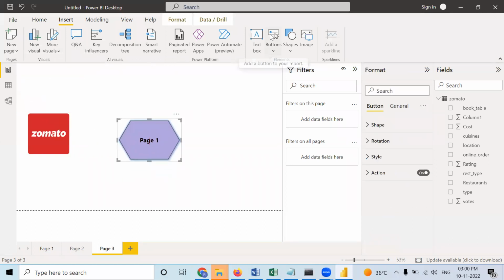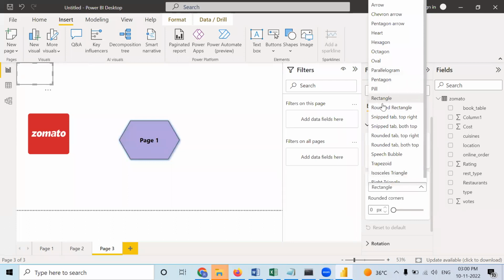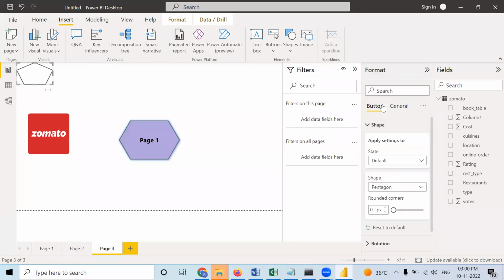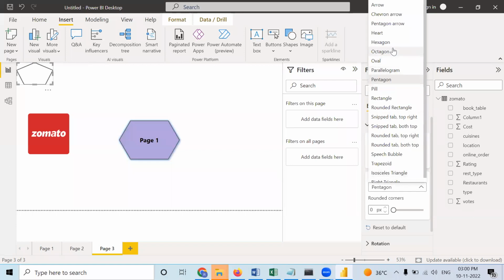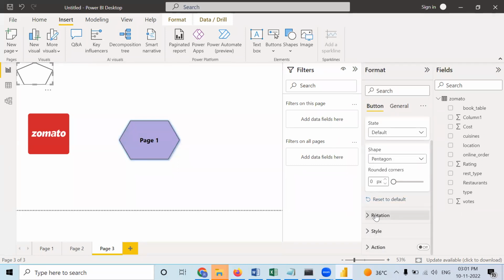In buttons, you go to blank. By default, you will get a rectangular kind of shape. You go to shape; their shape is rectangle, but you can choose any one. I can choose pentagon also, any shape: oval, octagon, hexagon. These are regarding rotation and all, which is not important. Regarding style,